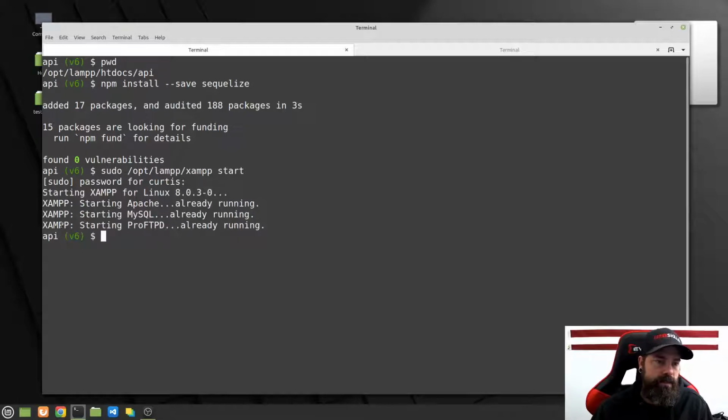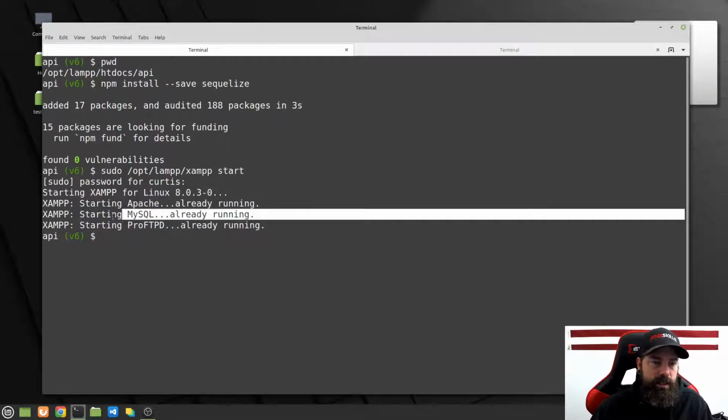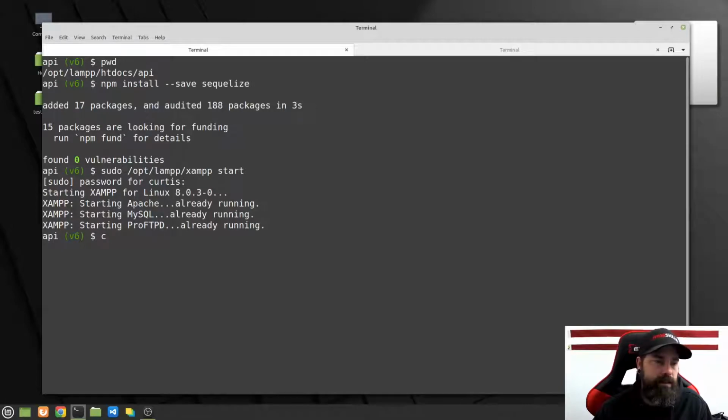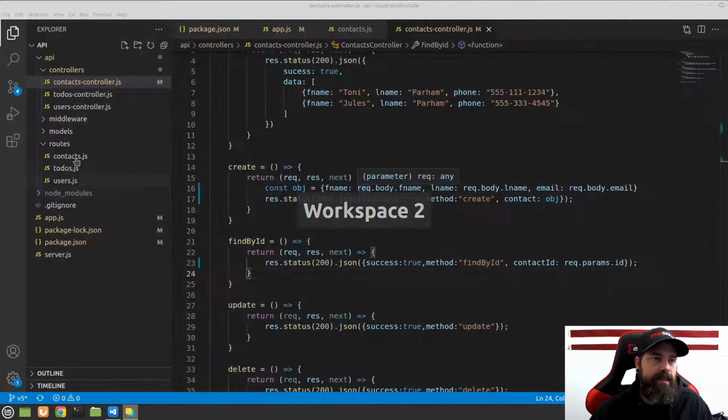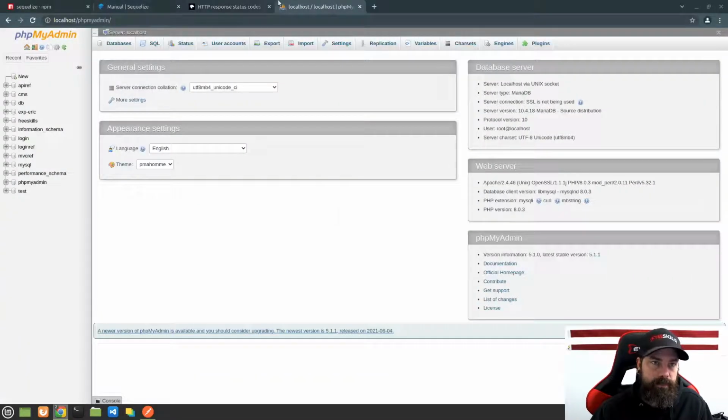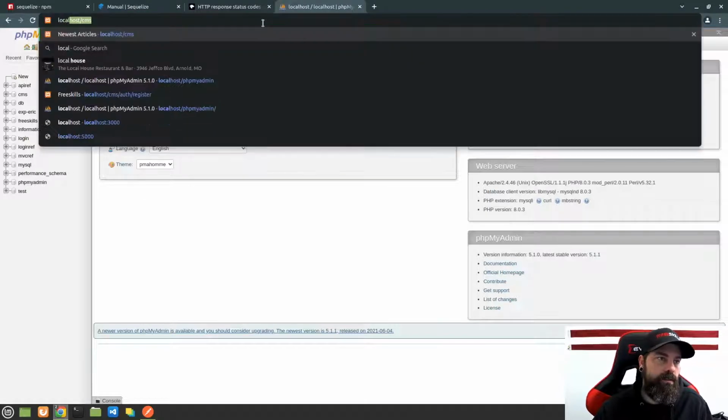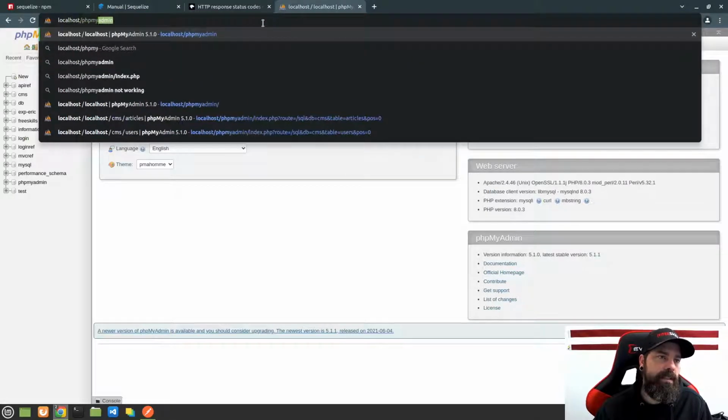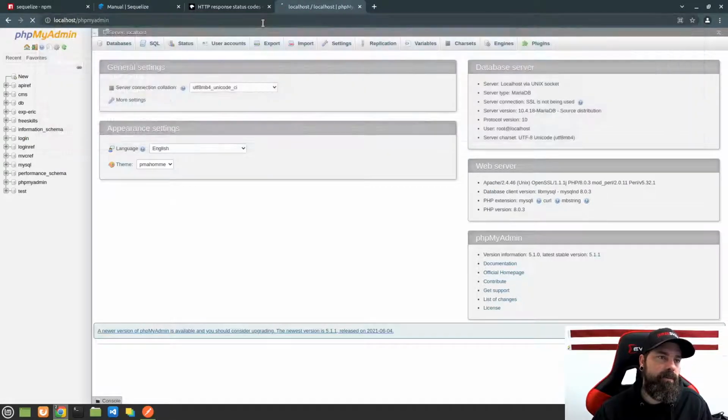In my case, it is already up and running. Now, if you wanted to just pull up MySql, you could do so. You don't need Apache running or ProFTPD. I just like running the one command and just getting it up and running. To test that, let's go ahead and go to a browser and just go to localhost/phpMyAdmin, which will pull up an administration panel here for our databases on our local